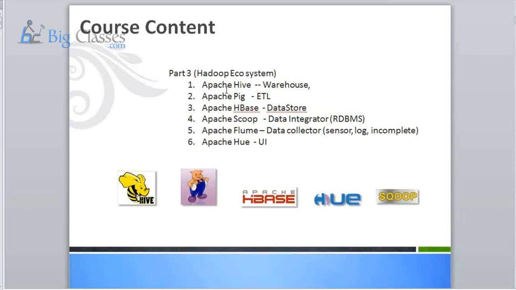But at least at an awareness level, you should have some understanding of these frameworks. If somebody asks about Hadoop, underneath, all these frameworks are comprised in that.